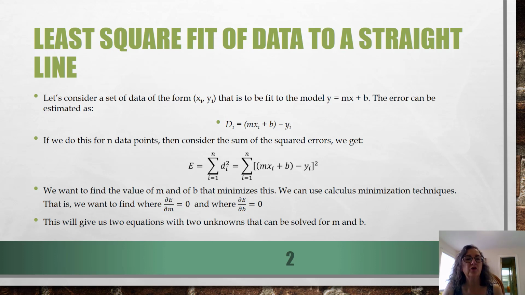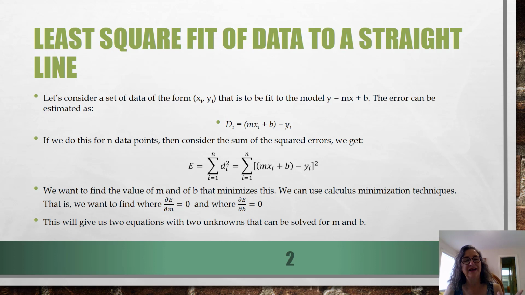So the general formula is that you first find a set of deviations or differences, and it's the difference between your model and the actual measured value for y. So if I'm saying a straight line, y equals mx plus b, then the difference is mx plus b minus the measured y. And if I do that for all n of my data points and add them up, then